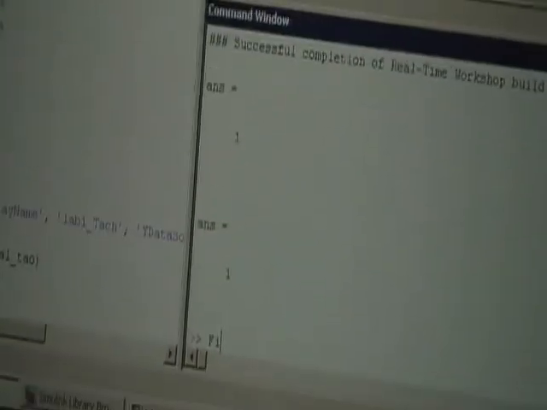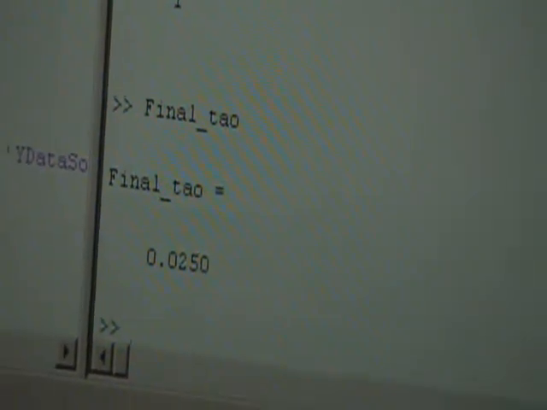That's it. And the tau, I name it like final tau. It's going to be 0.0250 seconds in this case, and the final k